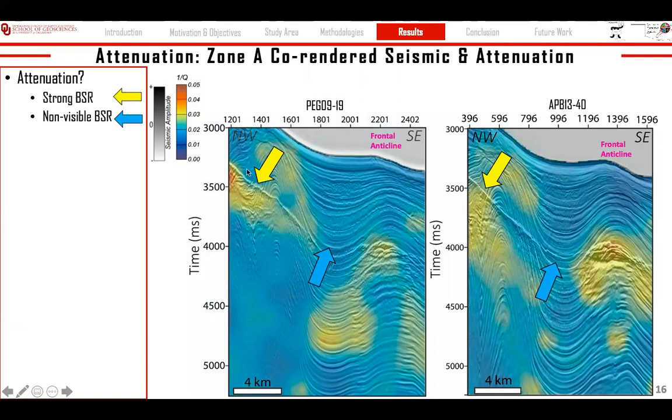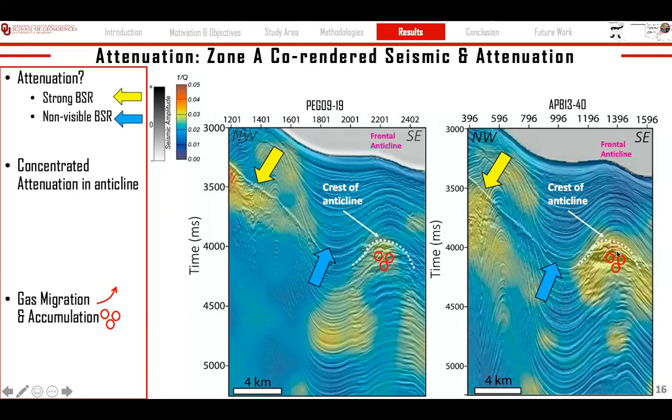We observed that in the area of the strong continuous BSR, we see a significant attenuation response that has a somewhat significant distribution with depth below the BSR. In the regions of the non-visible BSR, we don't observe any attenuation. Additionally, we observe a high concentration of attenuation within the areas of the anticlinal feature,